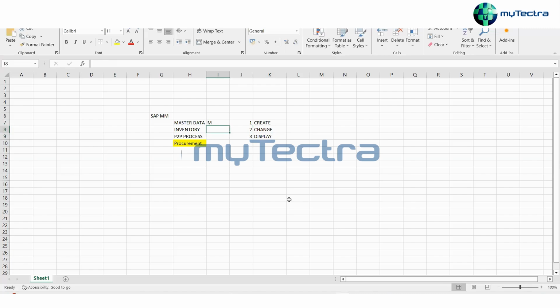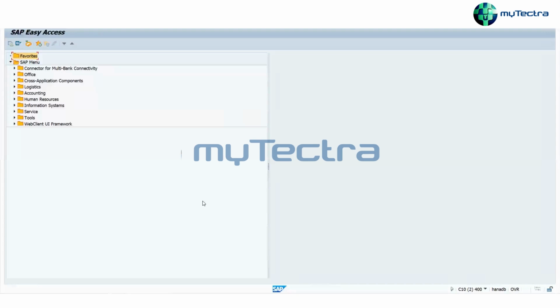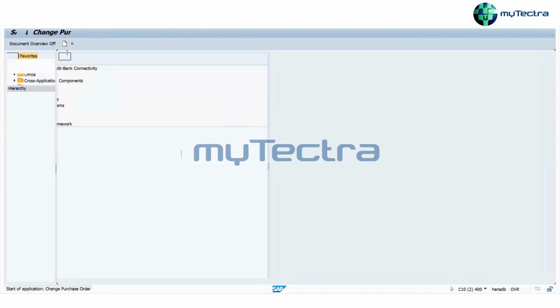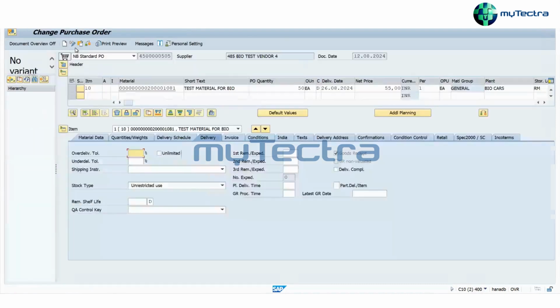Change means edit, right? Change means, suppose I have made a PO, and then I feel I need to change this quantity over here.